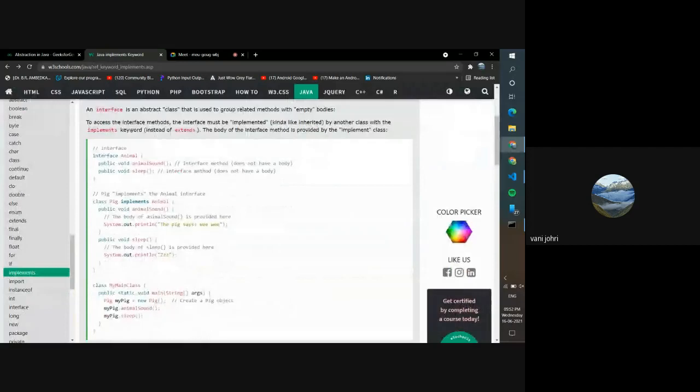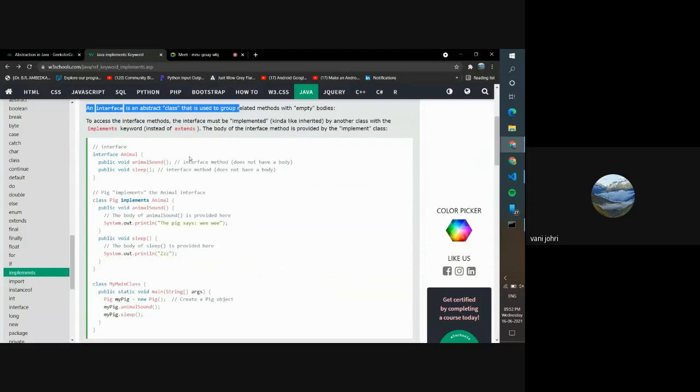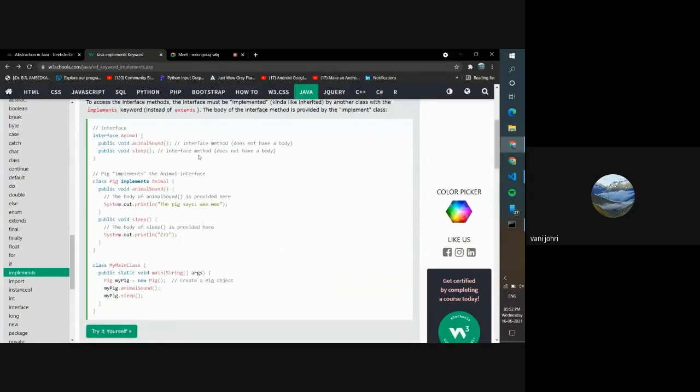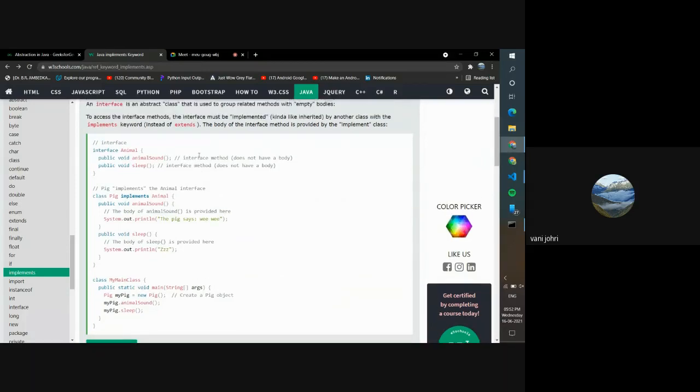Now, an interface is an abstract class that is used to group related methods with empty bodies. So what do we do? Let's say we have a huge program and a lot of people are working on that code. Somebody wanted to make a class and that class needed to have some subclasses, especially in games, where you want certain methods to be present in a class.